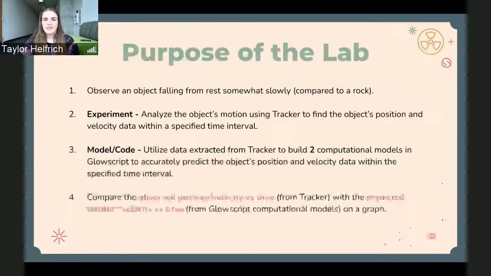And quick introduction: the purpose of the lab is to observe an object falling from rest, then analyze its motion in Tracker to find its position and velocity data, then utilize that data from Tracker to build two models in GlowScript to predict the position and velocity data, and then finally compare the observed versus the predicted data on